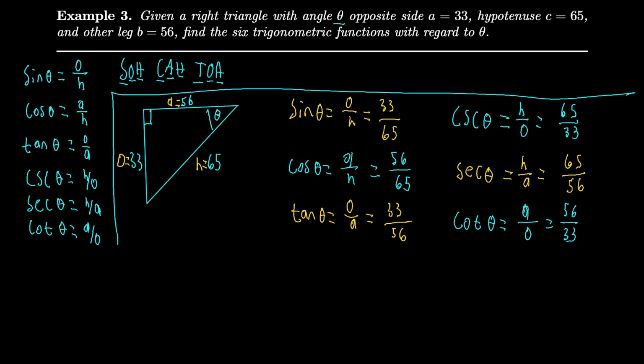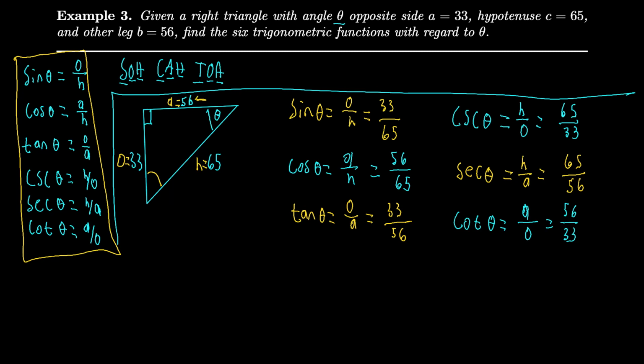Now, if you want to simplify these down, if they do indeed simplify down, none of these seem to do that. But if you want to simplify these down, go ahead. I don't believe that your assignment asks you to do that, though. So just keep these definitions in mind. And the hardest part of this is honestly just setting up the triangle the way that I did. I could have put theta down here if I wanted to, and if I did, then this would have been